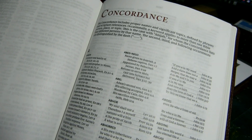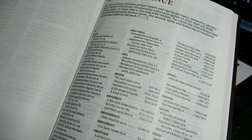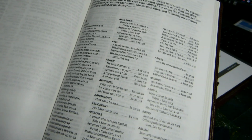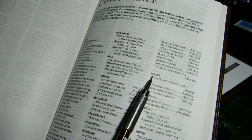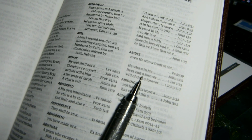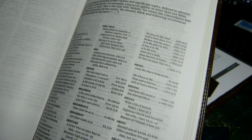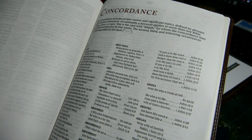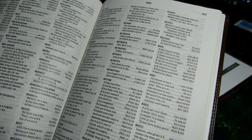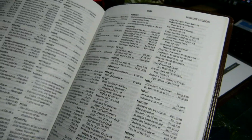There's a concordance. The concordance is 165 pages long. It's in 3 columns. The font is somewhere between 7 and 7.5 points. The words that are indicated are in all caps. Then that word appears here in a context line, just as the initial letter. And it is in a column format, so it's listed rather than jumbled together in a paragraph as you often see in older King James Bibles. After this lengthy concordance,